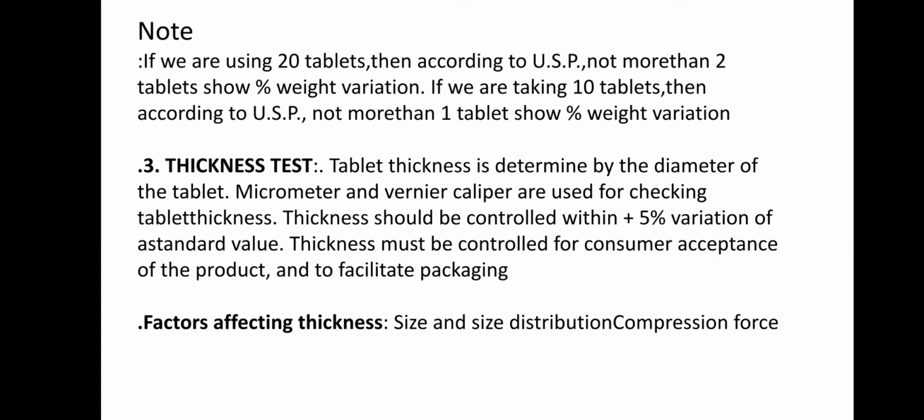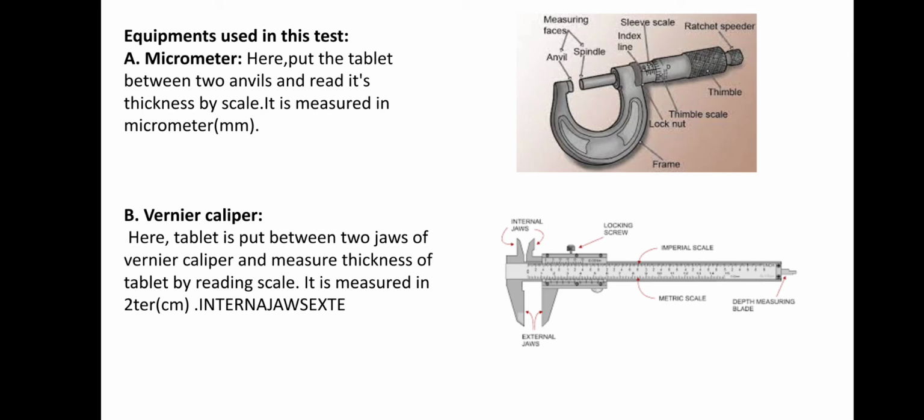Thickness test. Tablet thickness is determined by the diameter of the tablet. Micrometer and vernier caliper are used for checking tablet thickness. Thickness should be controlled within 5% variation of standard value. Thickness must be controlled for consumer acceptance of the product and to facilitate packaging. Factors affecting thickness: size and size distribution, and compression force. Equipment used in this test: